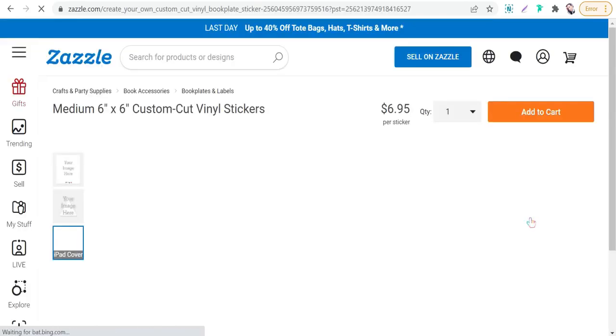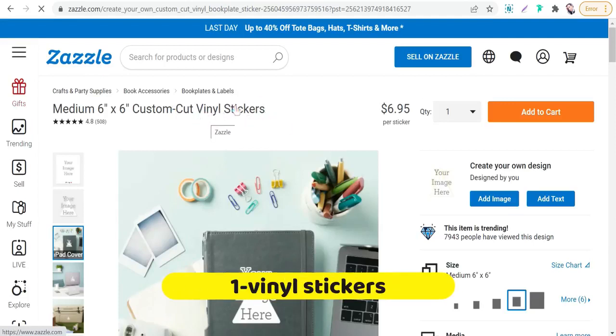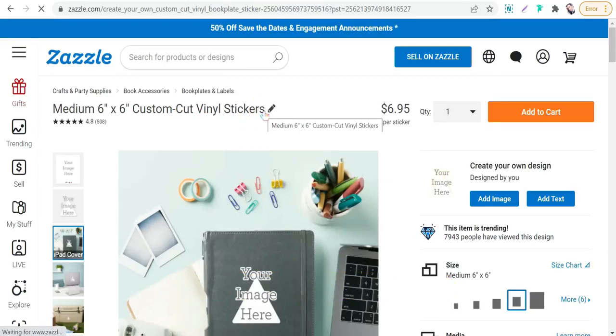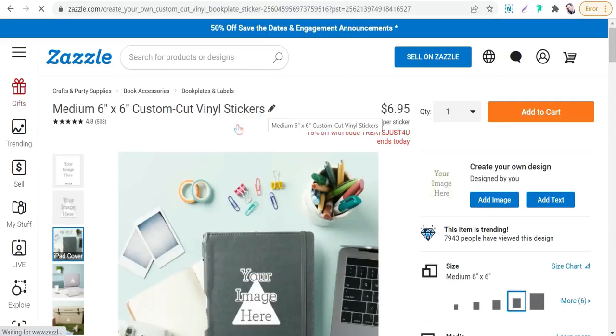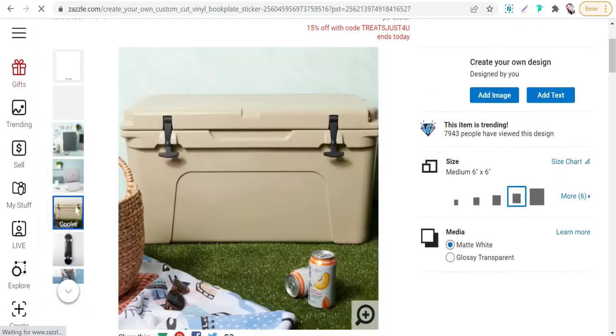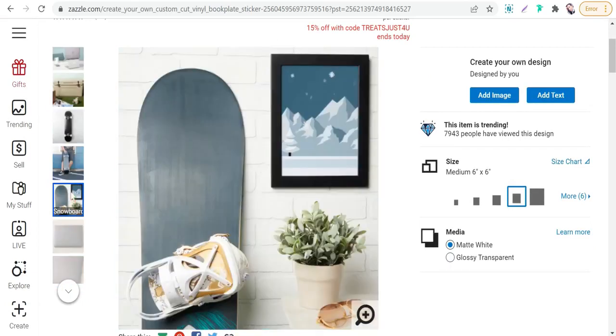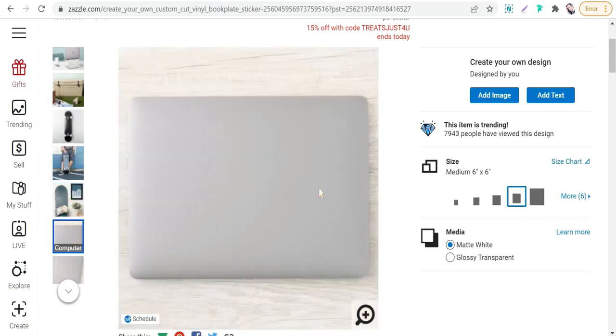And here you will find the first type of stickers on Zazzle, vinyl stickers. And these stickers you can put on your cars, skateboards, water bottles, laptops, and so on, okay, as you see here in these mockups, bags, skateboards, laptop, and so on. And you will find many sizes and many dimensions of these stickers, like large one and small and tiny, okay?